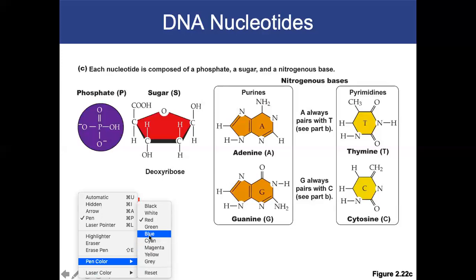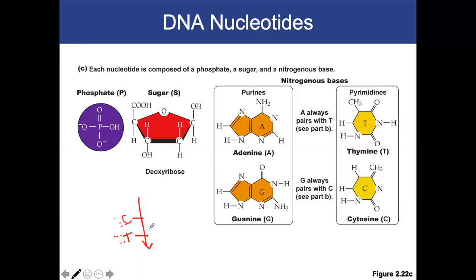So let's do green. It'll be like Christmas colors. So if we're talking about making a copy of this for messenger RNA, it would be what binds with T? Good, adenine. What binds with C? Guanine, okay? So we would then make messenger RNA complement to this, it's called the lagging strand, and then this